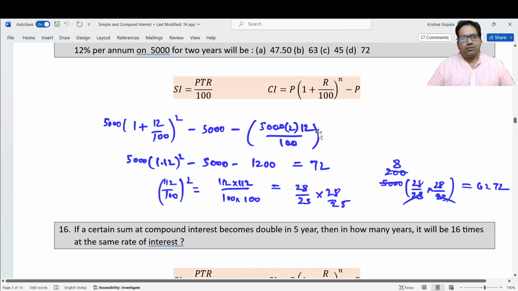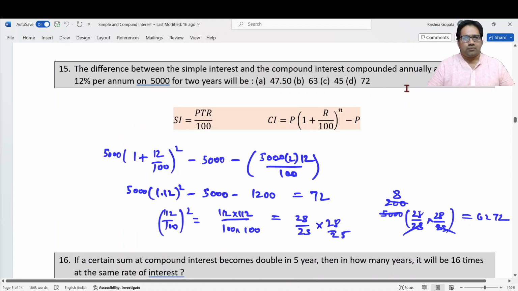50 into 2 into 12, 100 into 12, 1200, right? This is equal to 72. This is to do this equation, right? What is this? 1.12 square is 112 by 100 square, equal to 112 into 112 by 100 into 100. This is 28 by 25 into 28 by 25, 5,000 into 28 by 25 into 28 by 25. 25 goes 200 times, 25 goes another time, right? So 8 into